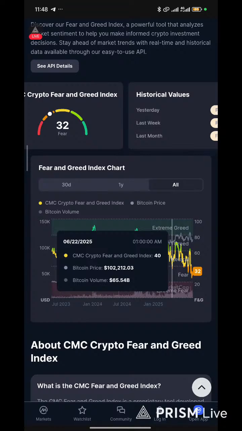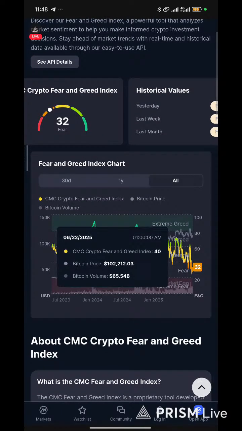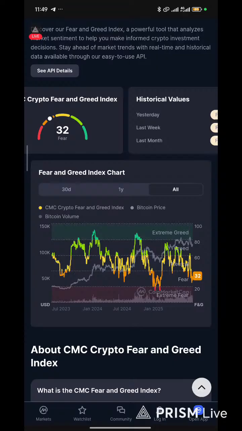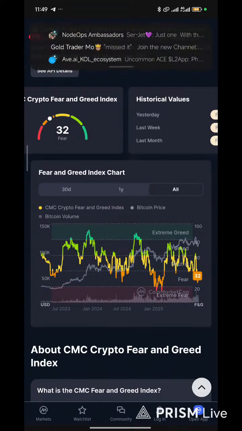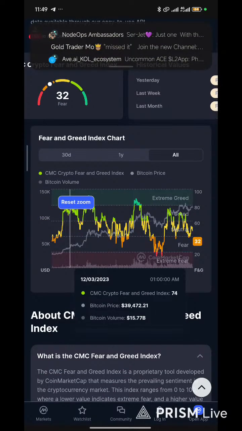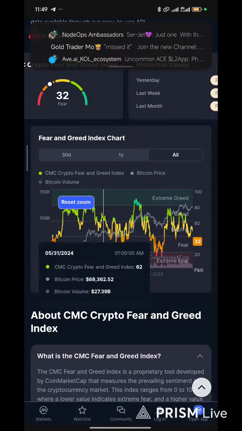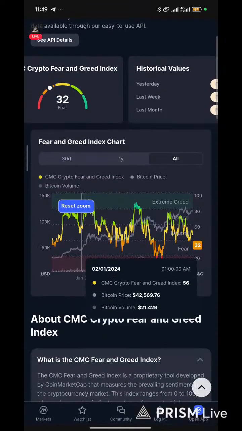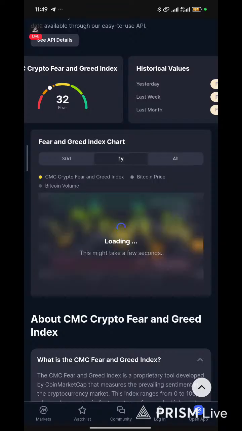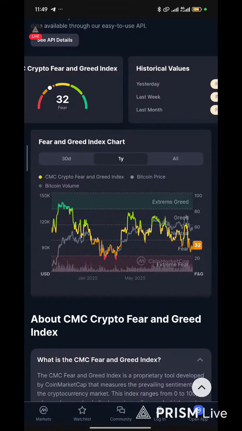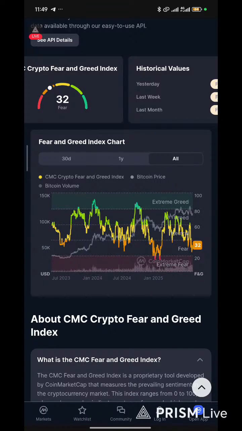This is the fear and greed chart. I hope all of you can see it very well. This is the chart. You can set it to 1 year, or you can set it to all time. So now, in July 2023, using this fear and greed index,